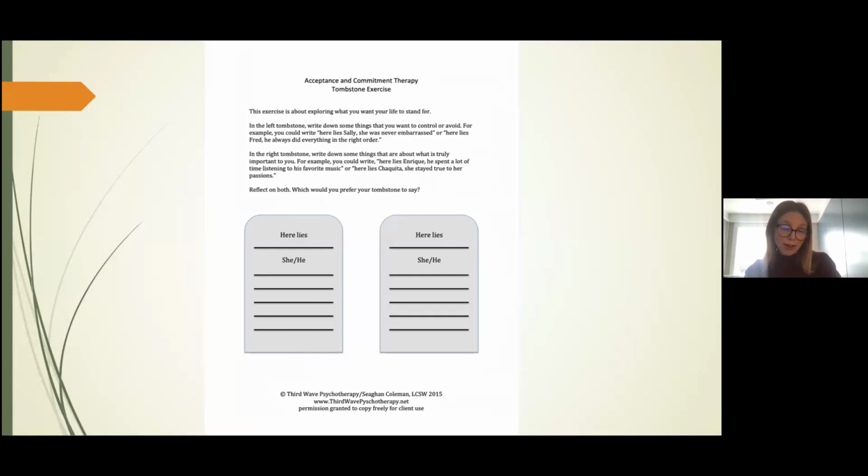Another one, if your client is up for it, is the tombstone exercise. It's similar to the 80th birthday in a way. It's sort of thinking about yourself sometime in the future and reflecting on how you would want to do this life. It can be a really powerful exercise for people who feel comfortable doing it, to think about the difference between here's what I want to avoid, here's what I don't want to experience, and then here's what it would look like to write down what a meaningful experience would be, and to be able to compare those in a really curious way.